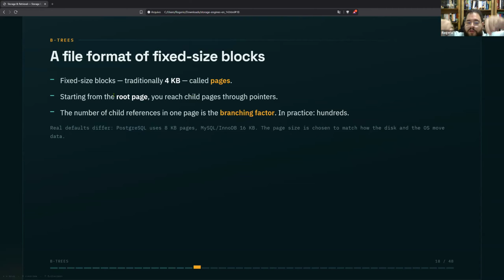And the number of child references in one page is called the branching factor. In practice, hundreds. Okay. And actually, here I'm talking about the older ones because, for example, Postgres uses 8 kbytes and MySQL uses 16 kbytes. Okay, so the page size is chosen to match how the disk and the operational system move data.